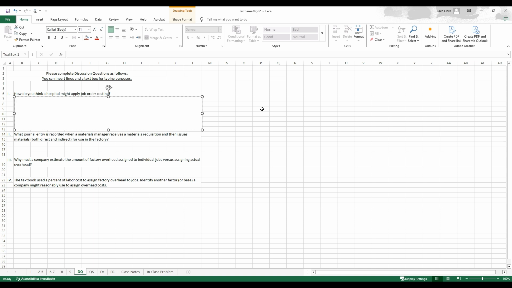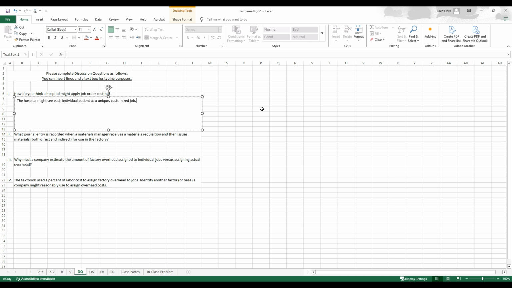And in this instance, the hospital might see each individual patient as a unique customized job, right? You could have different costs that go into a patient's procedures and the services they're receiving, right? And it'll allocate all those costs to that